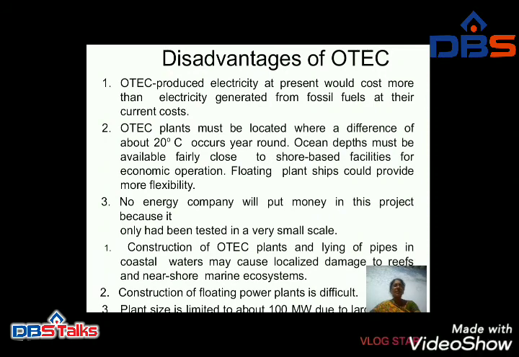And then another application is refrigeration and air conditioning. So the seawater availability at an OTC system creates an opportunity to provide large amounts of cooling to operations located close to the plant, and the low cost refrigeration produced by the cold seawater can be used to upgrade or maintain the quality of indigenous fish. And this cold seawater delivered to an OTC plant can be used in chilled water coils to provide air conditioning.